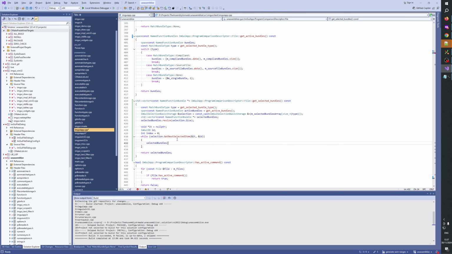Then we do index plus plus. Then at the end we do assert index equals selection size. Index plus plus and selected bundles dot no selected bundles